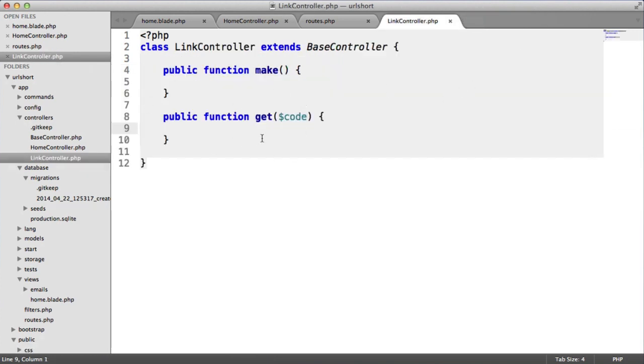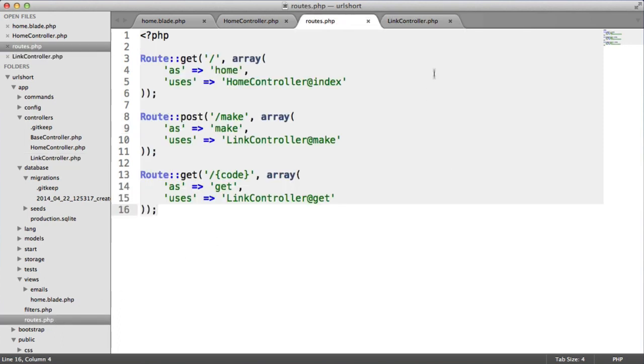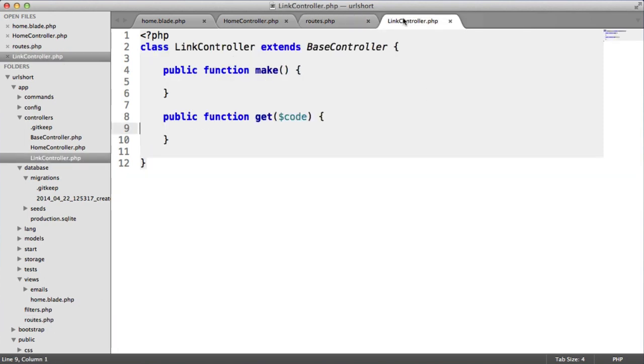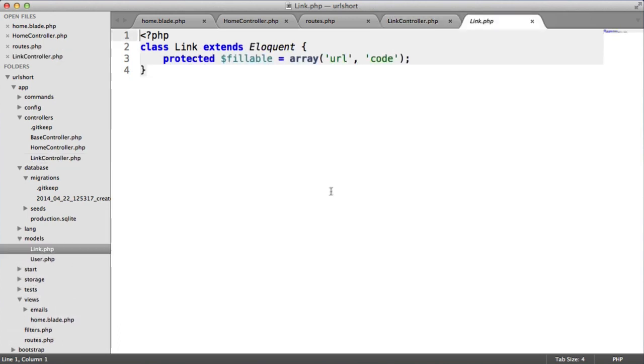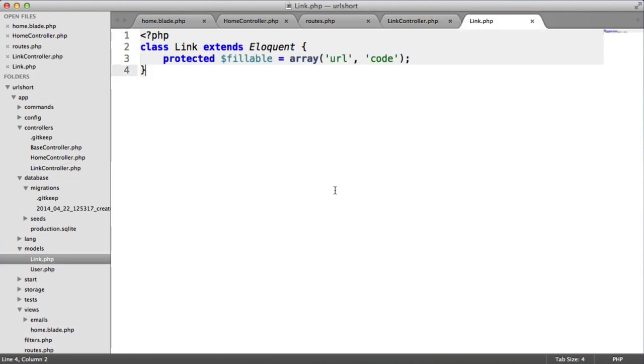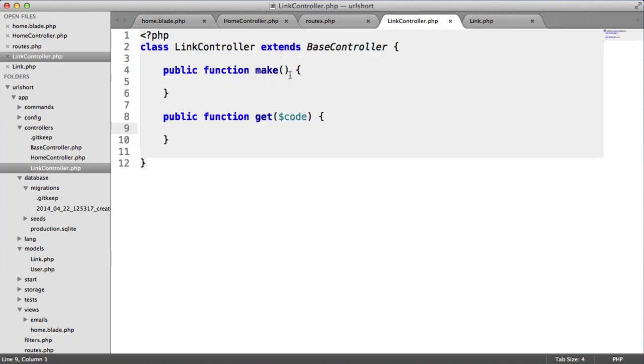So we've now got our MVC structure set up. So we've got our routes, which pass through to our link controller. And inside of the link controller, we're going to make use of the link model. So let's start to test these out. So inside of LinkController, let's echo out Input::get('url'). So we're using the input helper here, and inside of